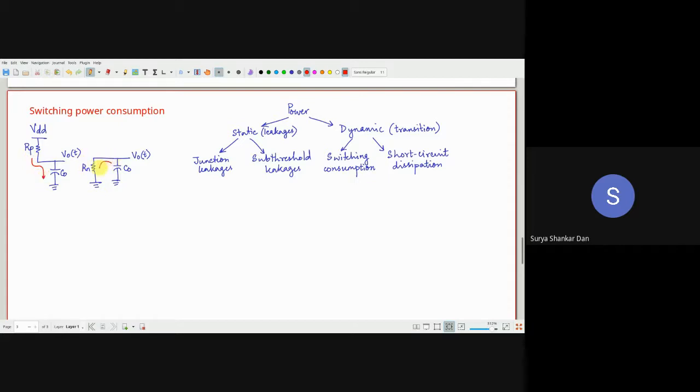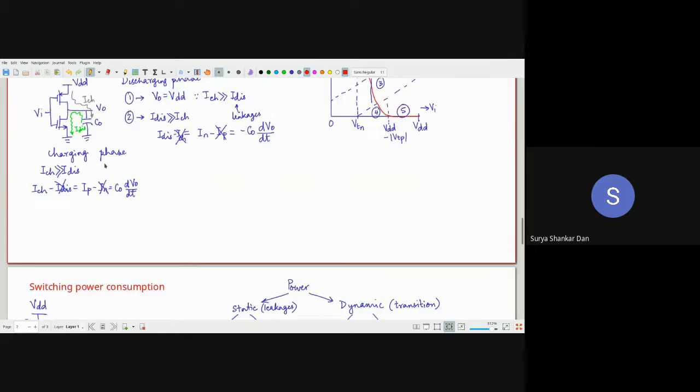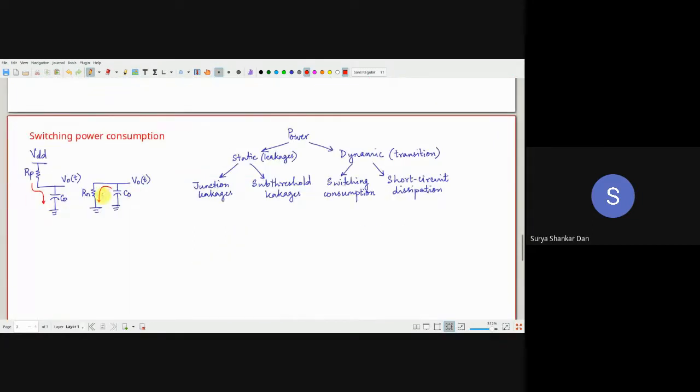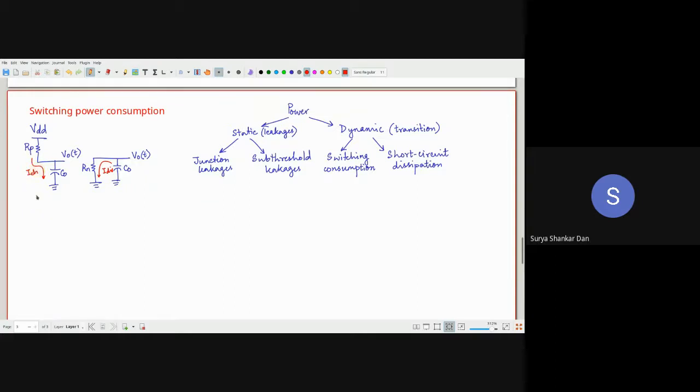Obviously, based on the previous analysis, discussion, we know that this is basically the I discharge and this is the I charge. Discharging current and the charging current. Okay. Here I have assumed the simple industrial standard. Simply I have chosen RP. Remember RP and RN. Which region of operation are they in? The linear region, because the transistors will operate in the linear region for most of the duration of the transition, number one.